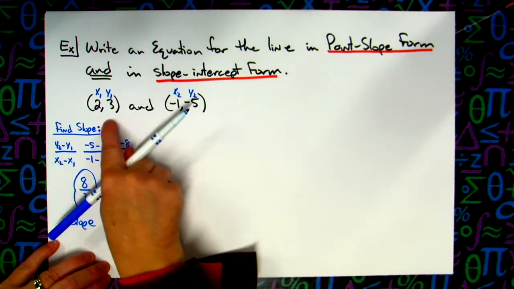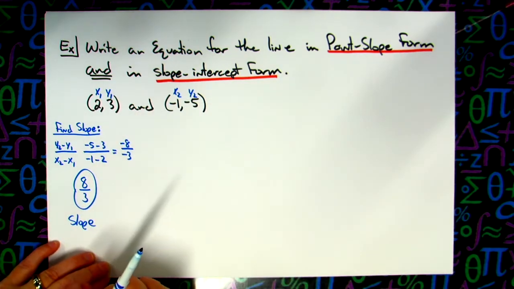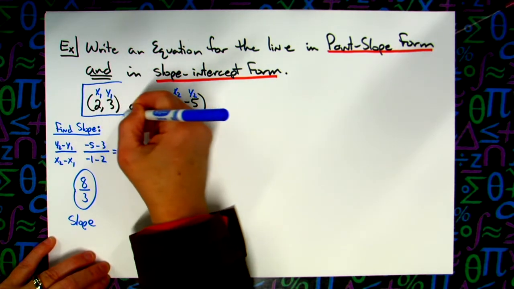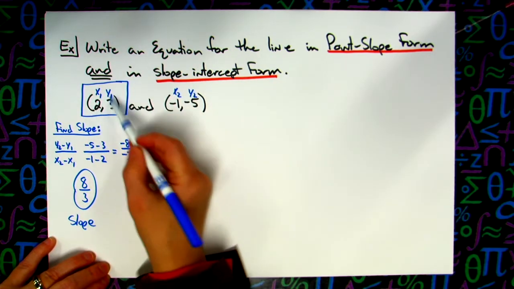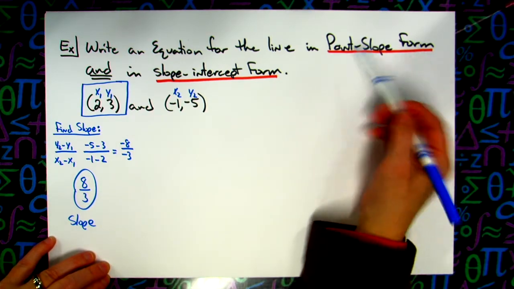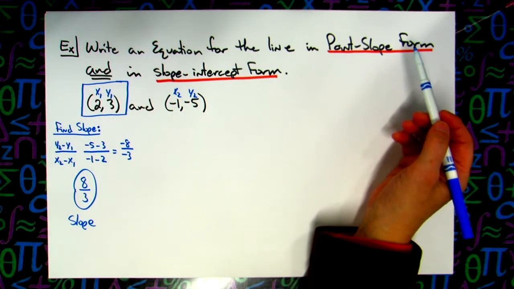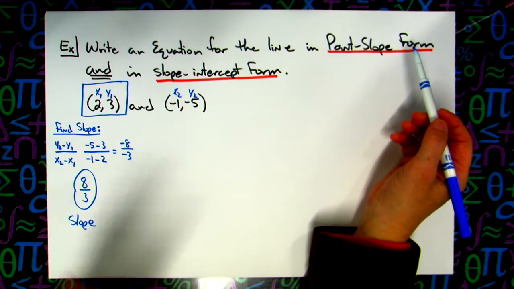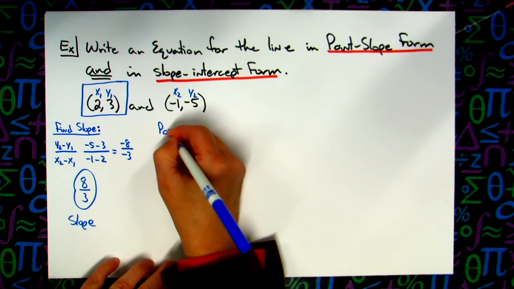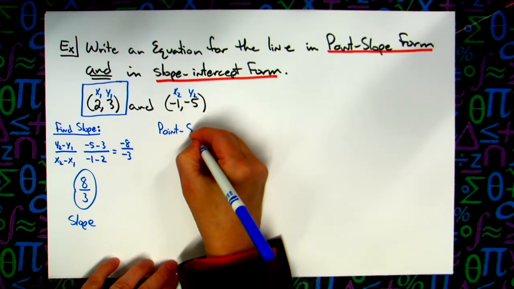Now, it doesn't make any difference which one of those points you pick. I have a tendency to always just use my first point. So I have a point, I have a slope. If I've got a point and a slope, I can write point slope form. When I put the points in, I put them in opposite. And when I put in my slope, I just put in my slope. So the next thing you're going to do is write,